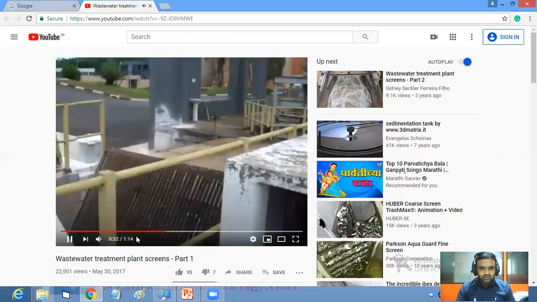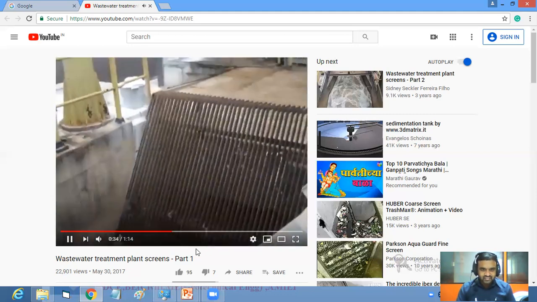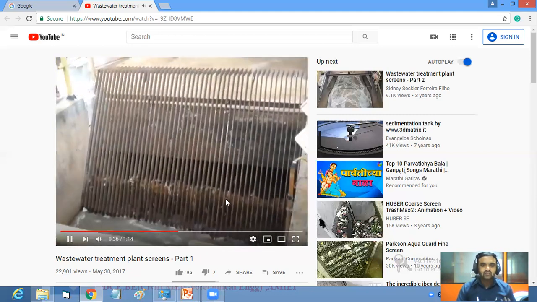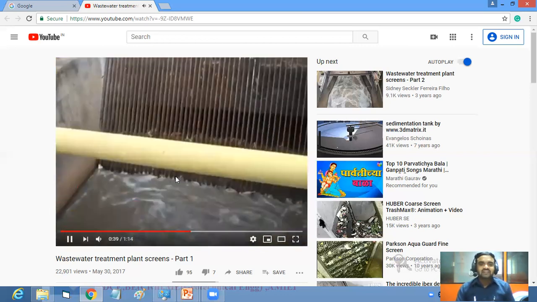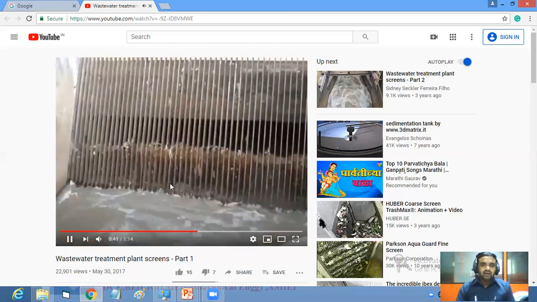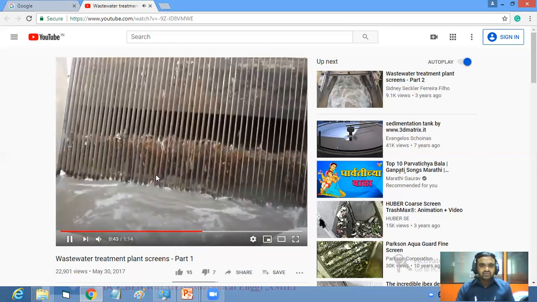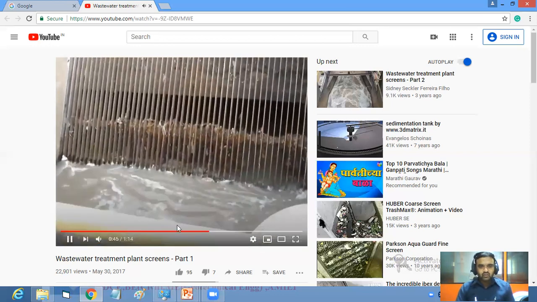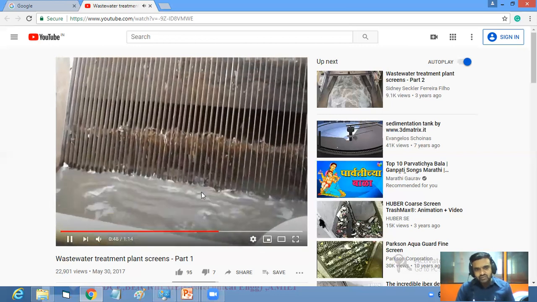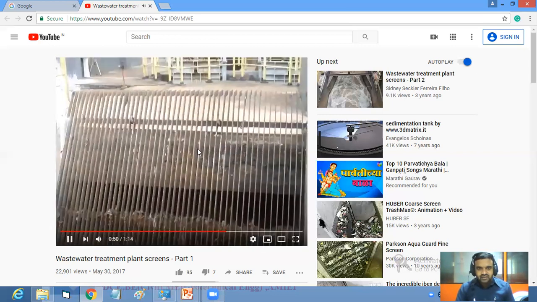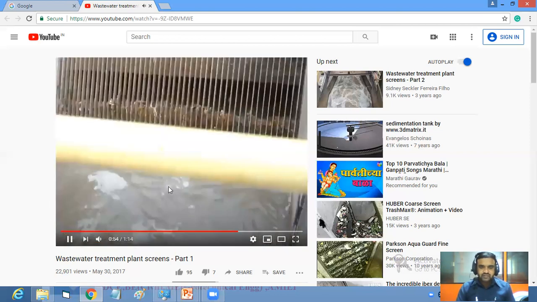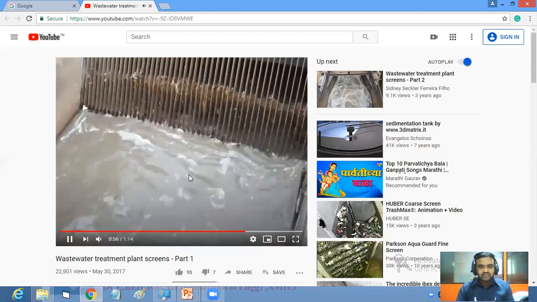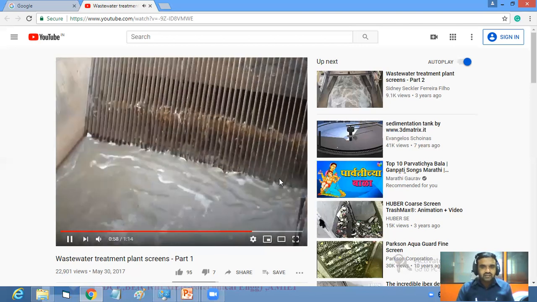First I want to show you these screens. Actual screens are provided in the water treatment plant, where the sewage first enters the plant. First the water goes through the screen. At that time, what is the velocity and what types of material remain on the screen bar, you can see here. Is it visible to everyone?